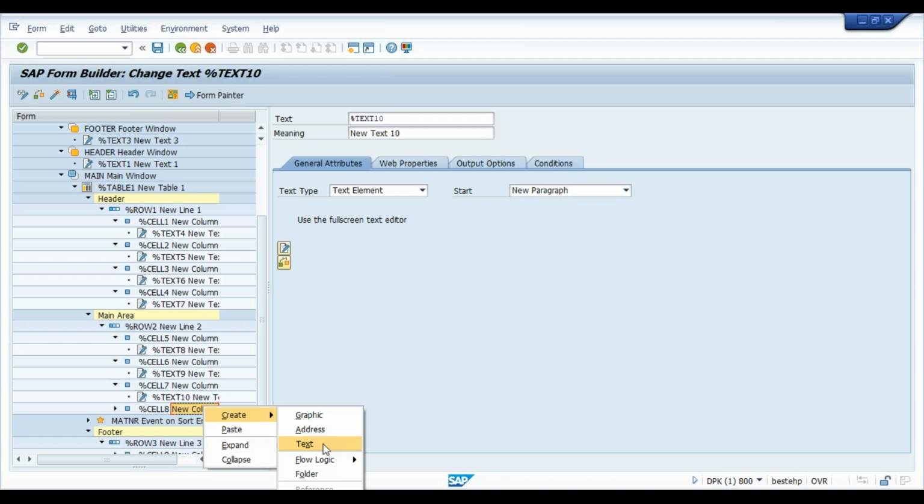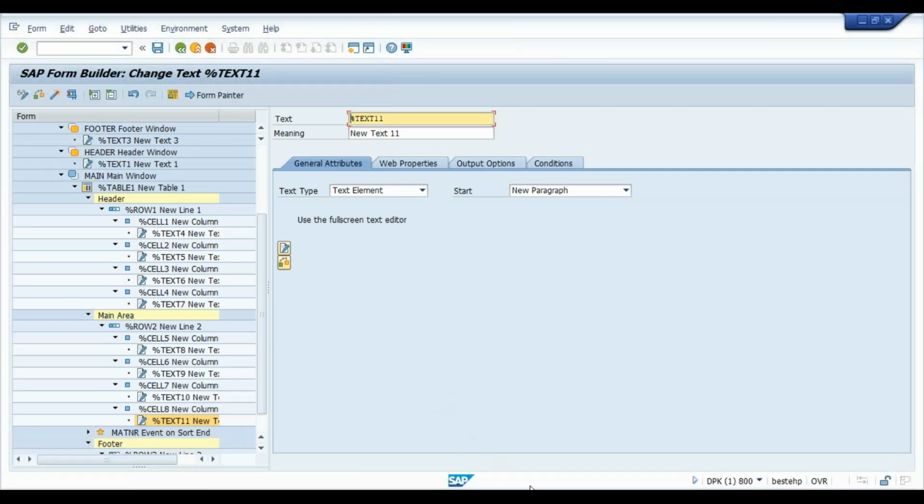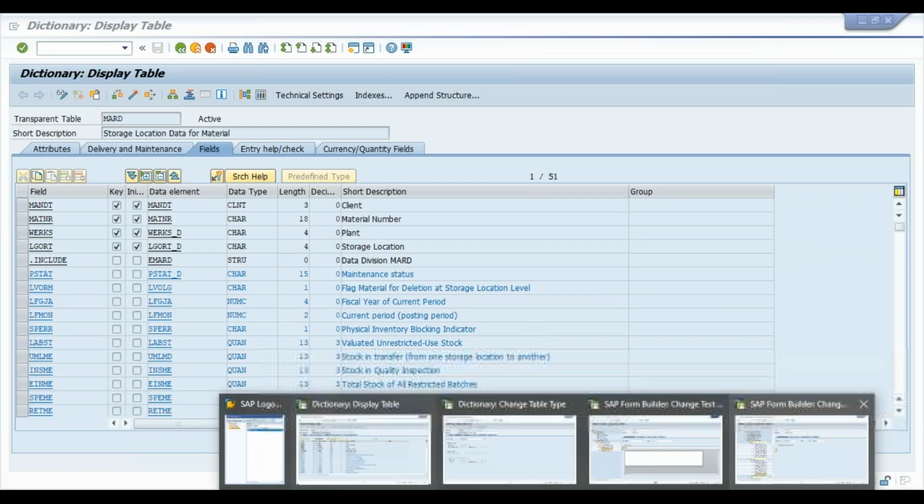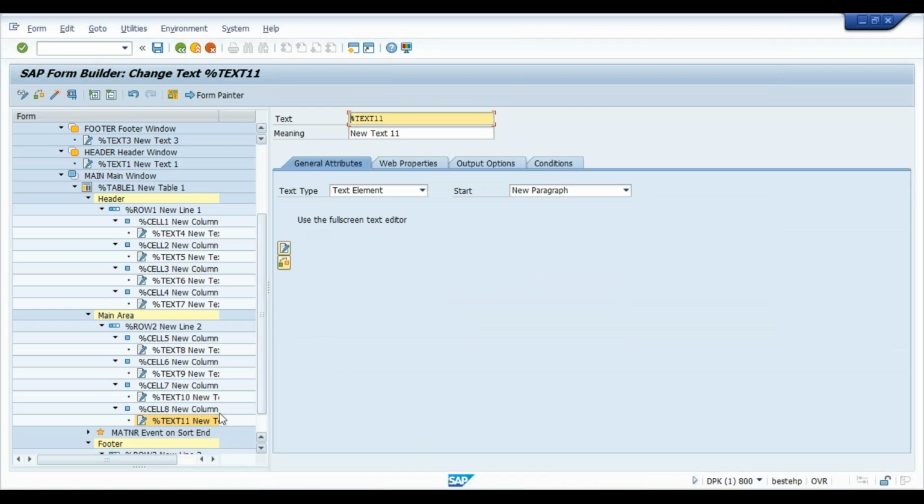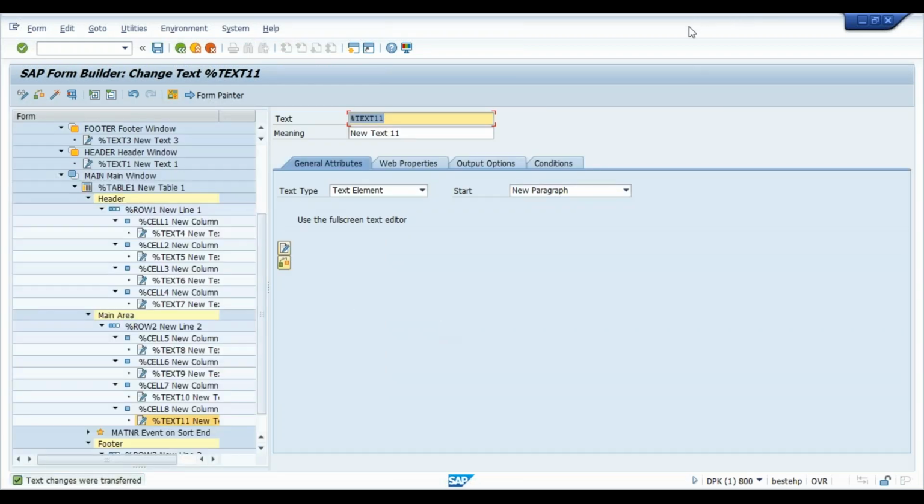right, let's create text. After the LGORT, we have something called TSTID. And W underscore MARD hyphen TSTID. And once it's been done,